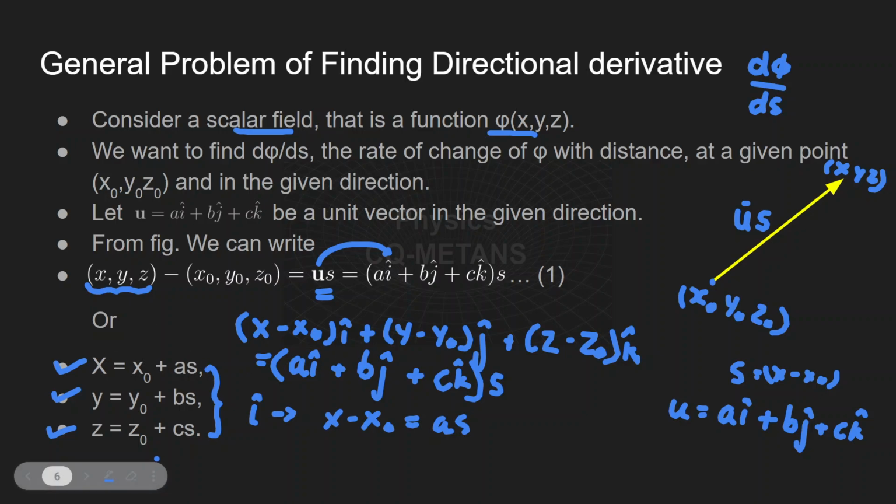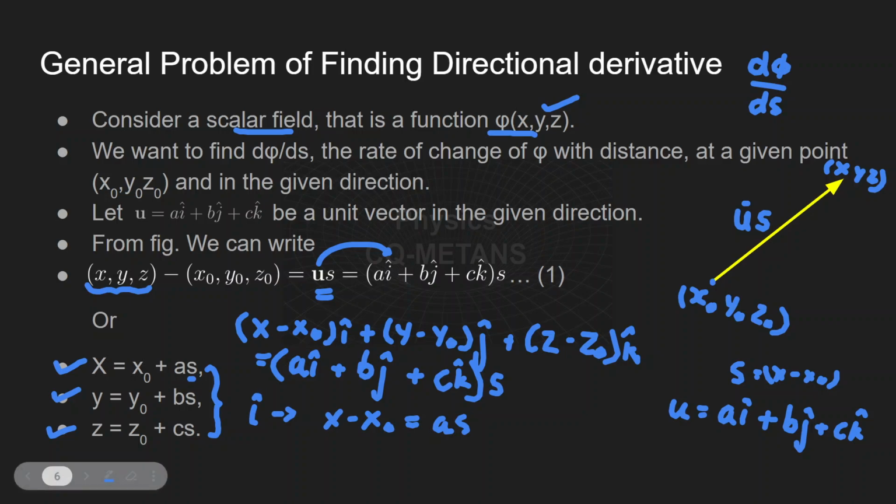So these are the parametric equations, and this is an equation of a line. So we know that if I differentiate this with respect to s, I will get dx by ds is equal to a. So if I put this value of x, y and z in this equation of phi, this phi is no longer dependent on x, y and z. It is just depending on the